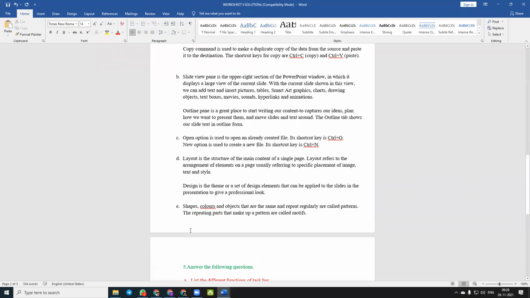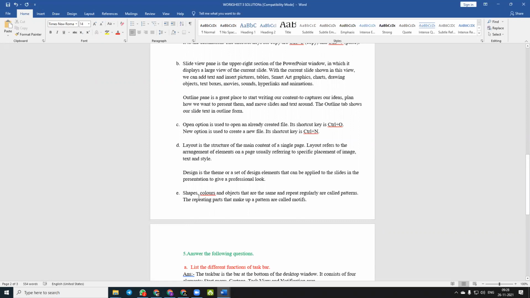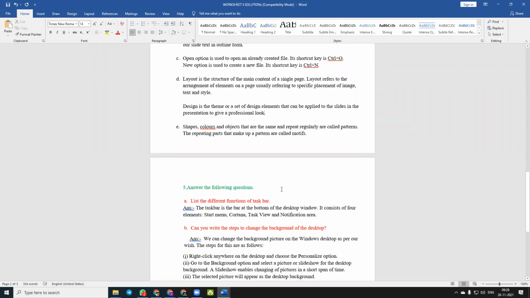Now question number E, pattern and motifs. Shapes, colors, and objects that are the same and repeat regularly are called patterns. Whereas the repeating parts that make up a pattern are called motifs.